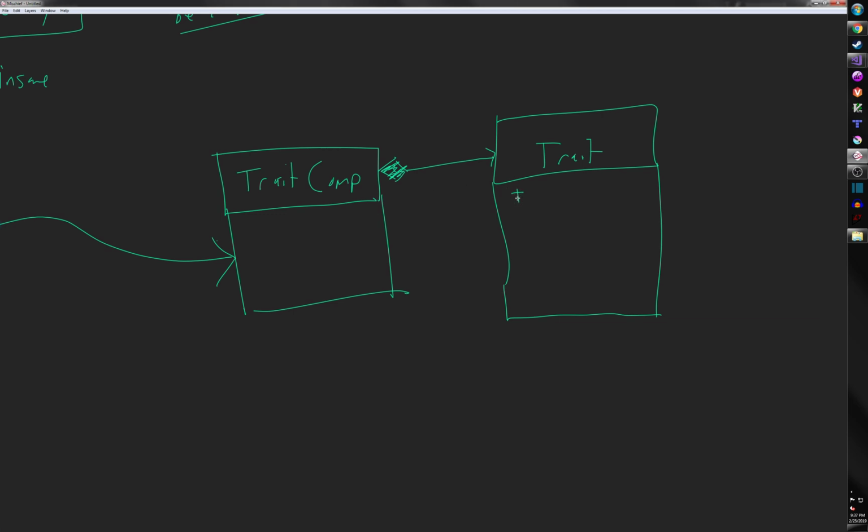Some of the stuff that I know is we're going to have some kind of ID. I think we're going to have some kind of display name. That feels right. We're probably going to have some kind of icon. These being optional, it's perfectly reasonable to have hidden traits. My experience tells me that we're likely going to need some kind of concept of a type. That doesn't mean the